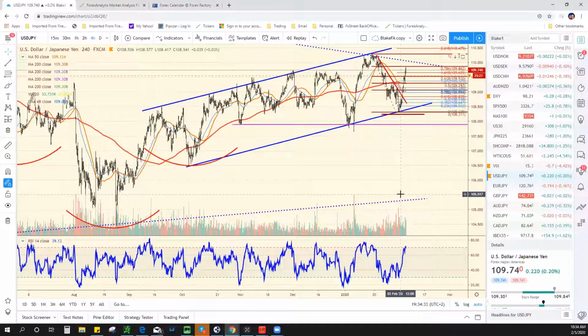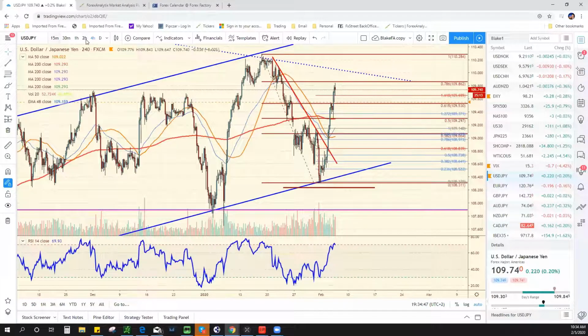It makes sense from a risk reward perspective, but I look at stocks and I'm like, unless the S&P, unless the Nasdaq starts breaking down into new lows and drags the S&P with it, I don't know if I'm going to short the dollar yen yet. So that's kind of my thought process. And the dollar yen, like I was pointing out earlier, we've got to get back below this 109.50. We're probably a little overbought here intraday, but still, you've got to see it roll over before